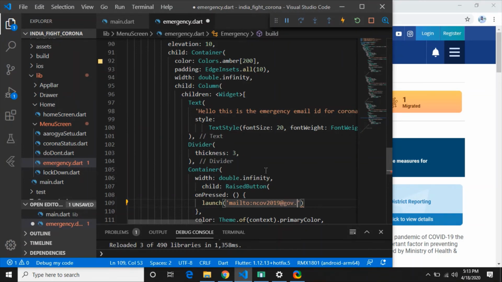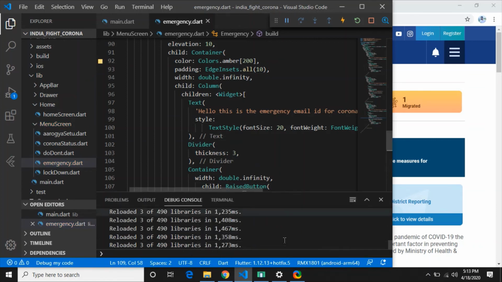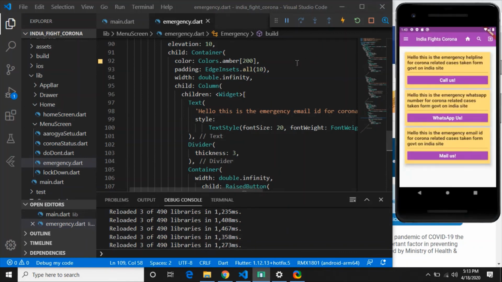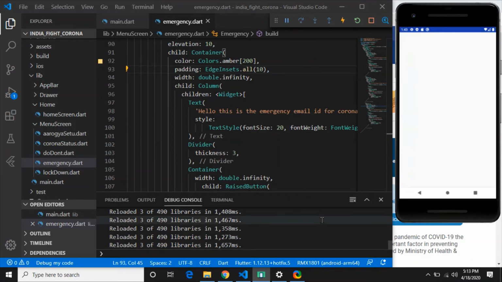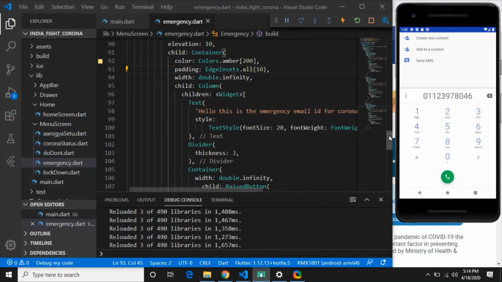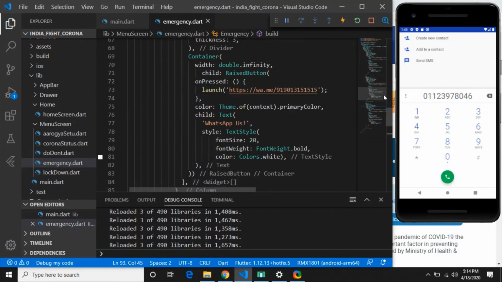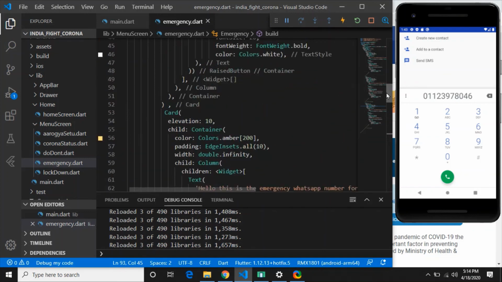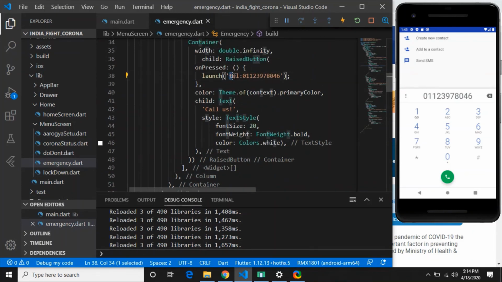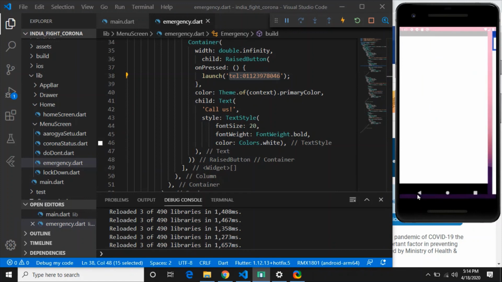And if I save this, and if I click on call us, whatever you have written, that number will be redirected. So if you check this, sorry, this is not, this is WhatsApp, this is tel. So the tel function will take you to the telephonic directory, and this number will be dialed in front of your screen. Apart from that, if you come back and if you click on WhatsApp us, you will be redirected to WhatsApp, but at present WhatsApp is not installed. So if you have WhatsApp, it will definitely take you to WhatsApp, I assure you that.